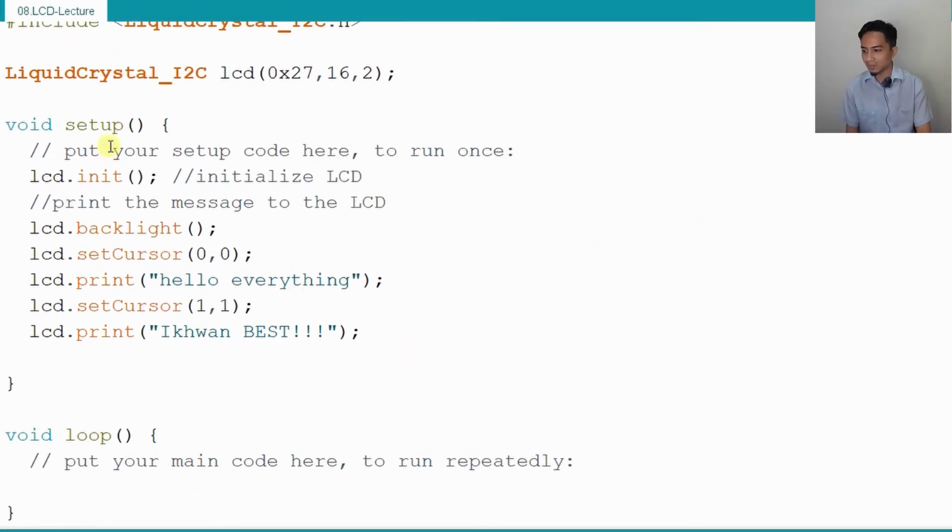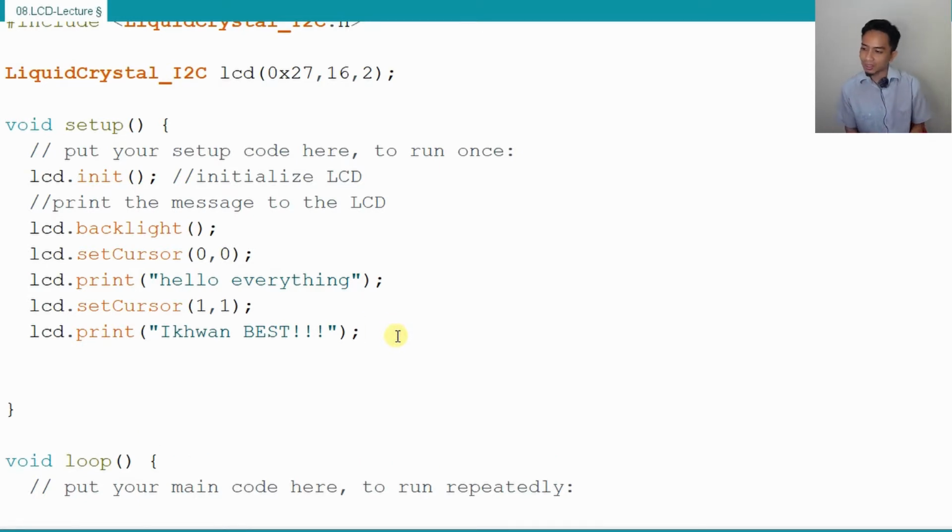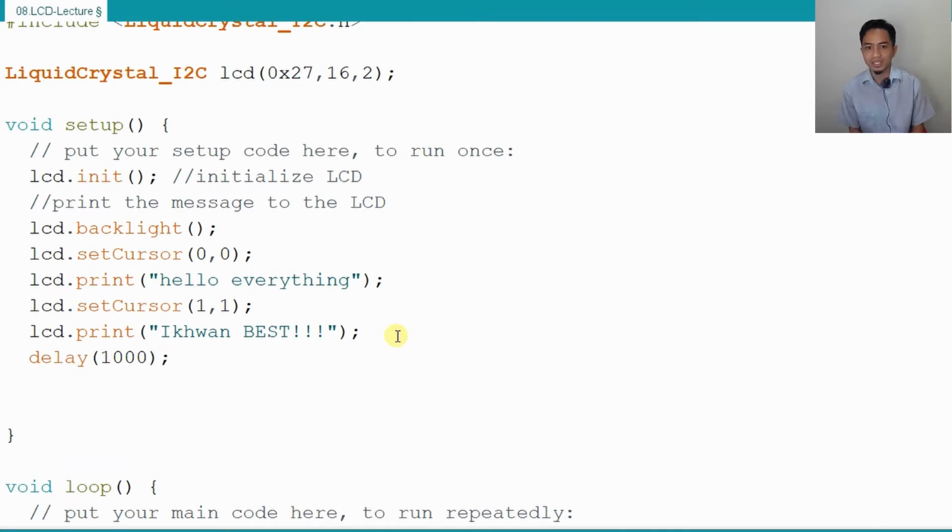As you can see, we already have this line, but we want to make it blink. So maybe we wait for 1 second first before it does the blinking. Just wait 1 second by using this delay with 1000 milliseconds, and then blink. For example, if we want to blink 3 times, we can just use a for loop with the